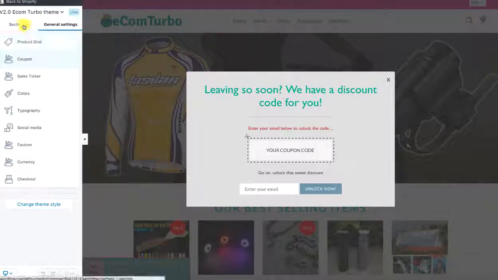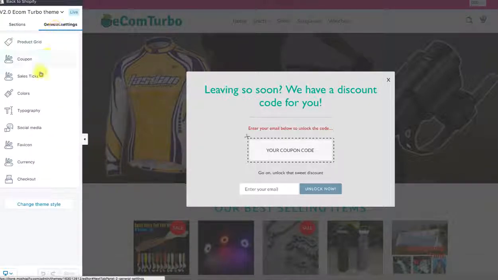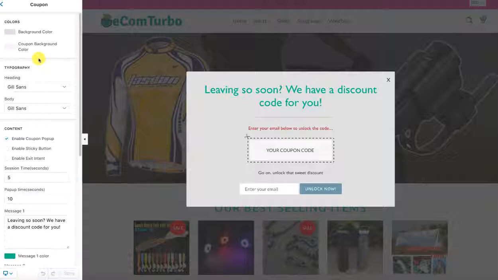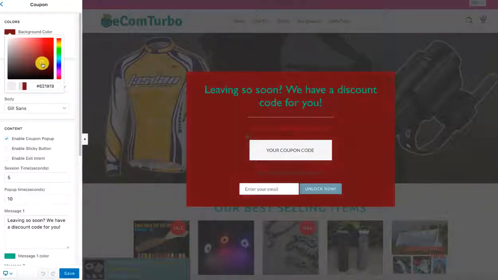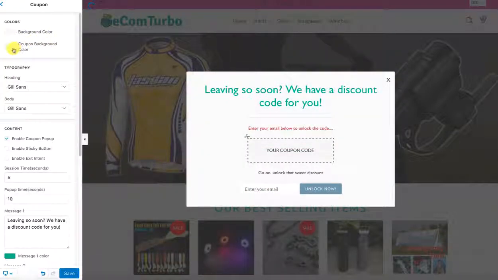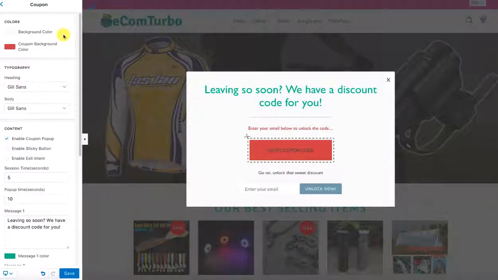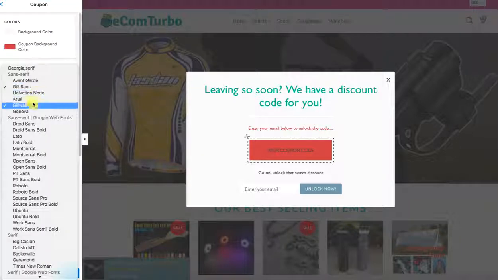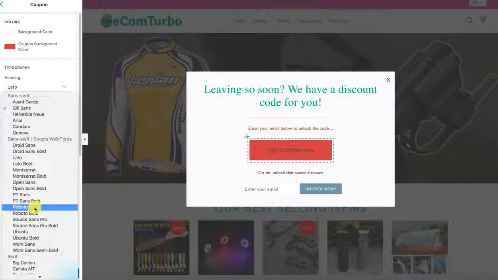When you go to your theme backend, go to General Settings and then go to Coupon. Very easy to do. We're going to start at the top. You can change the background color, right? So whatever you want, any color you want. You can change the coupon background color in the center here. Very easy to do. You can change the font to whatever you want. Once again, so simple. So that's the header font,